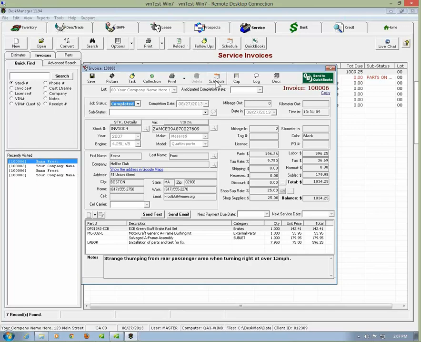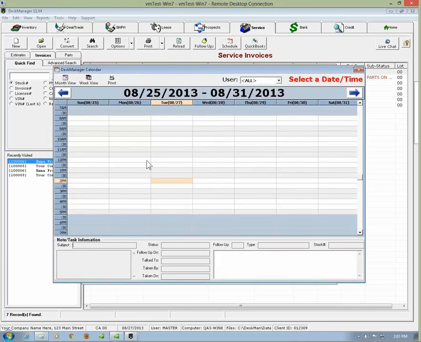Now, the schedule tool is similar. The schedule tool allows you, though, this is tied to labor. The idea here is to schedule technicians who are going to be doing work. Now, you can create employees in the DeskManager setup. Those employees can be tied to labor rate parts in the parts table. So that way I could pick an employee by their labor rate and schedule time for that employee. And when I select a date,